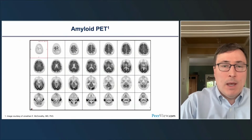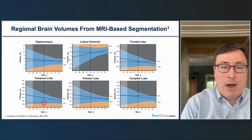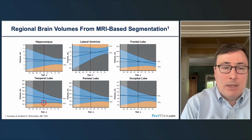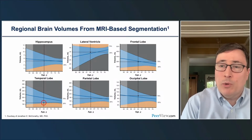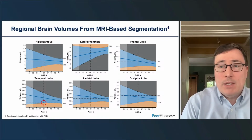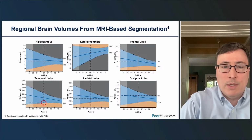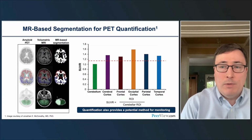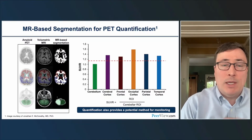We can also use volumetric MR analysis to identify that the temporal lobe has atrophy greater than expected for sex and age. And this is isolated to the temporal lobes. And in fact, it was more severe on the left than the right, which fits with the patient's presentation with language difficulties. We can also use this to quantify SUV ratios, which in this case was done by using the